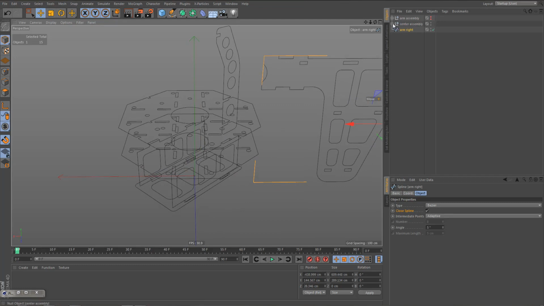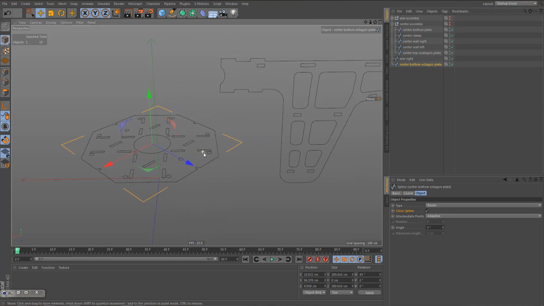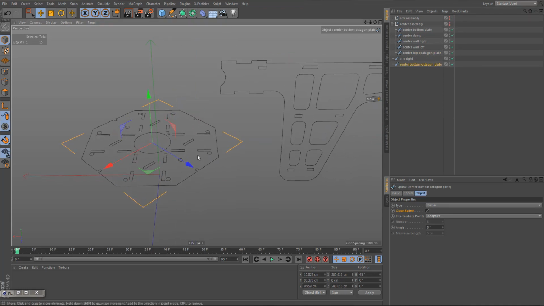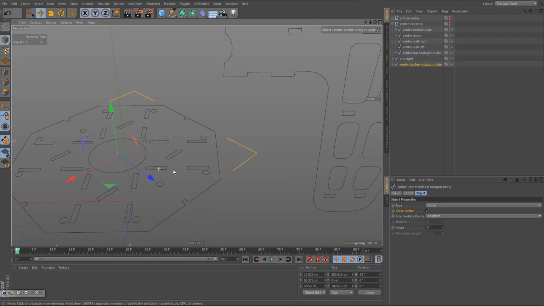And on the center assembly, I'll just drag out the, I guess it doesn't really matter which one. I'll just drag out the bottom octagon plate and make the rest invisible, so things are just a little easier to see. Now we need to place this arm on this plate, and what we need to do here is